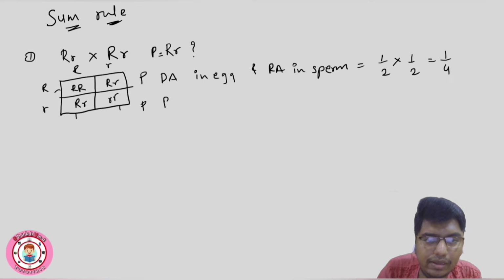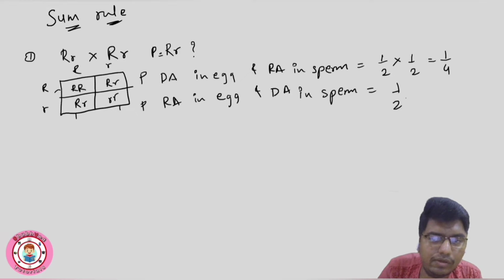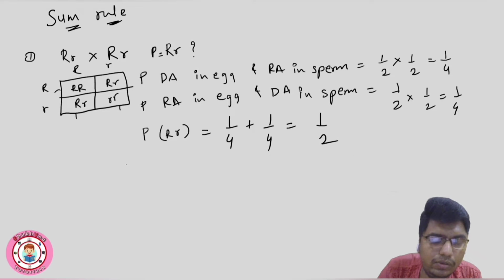Probability of recessive allele in egg and dominant allele in sperm. Means we will see first gamete separation. This is also half. Again we will get 1 upon 4. So probability of heterozygous, I will write here, probability of this is equal to, we will add 1 upon 4 plus 1 upon 4. Then we will get 1 upon 2, right? As we know,